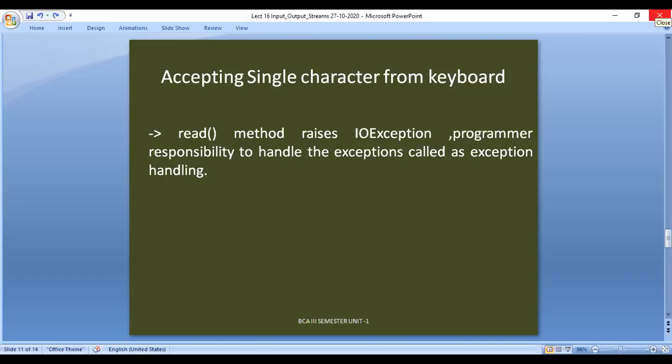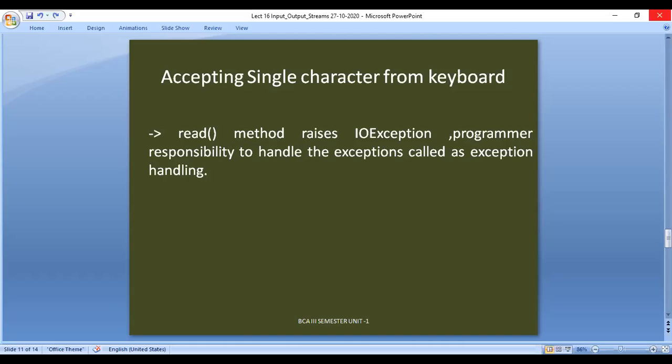The exception raised by the read method is because of memory usage. Let us say it does not have sufficient memory to read data. At that point of time, the read method will raise an IOException while accepting data.